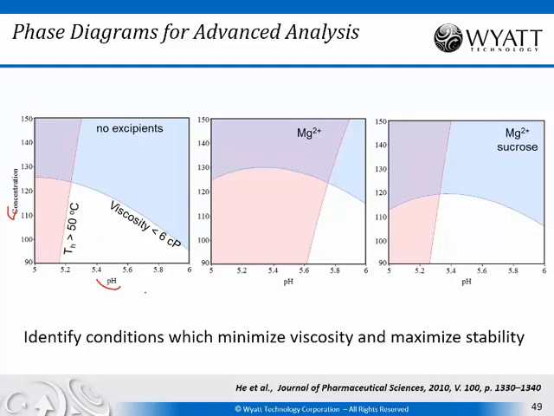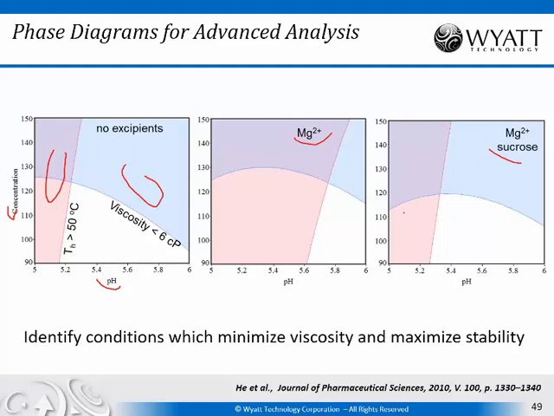How does the viscosity behave? And how does the temperature onset of aggregation behave? And so in this region, for instance, the criteria is that the unfolding temperature or the melting temperature is above 50 C. In this region, the criteria is that the viscosity is above 6 centipoise, and depending on the excipients that are included,